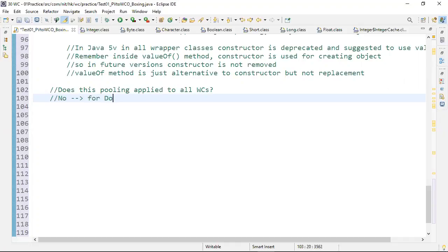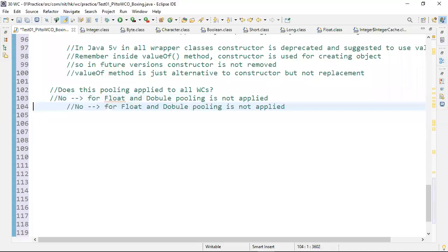For float and double, pooling is not applied.